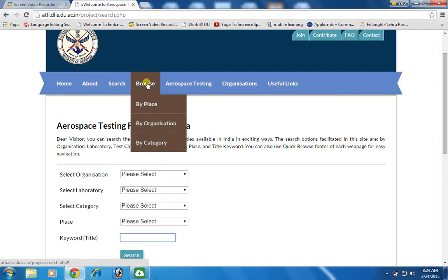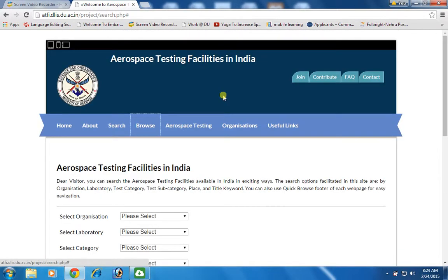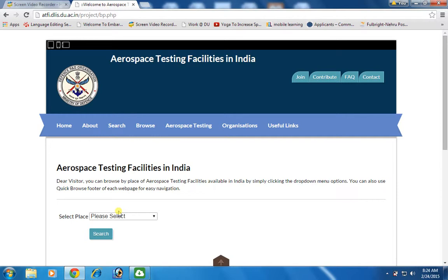Besides this, user can also browse the testing facility by place, by organization, and by category. First I click on the place.